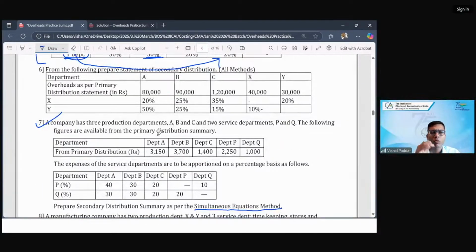Give me the final totals of A, B, C in question 7. Good, Shamli. Jaya beta, you have not downloaded the sheet. Chalo, solve. I'll be back in 2 minutes. I'll take a small refreshment break of 2 minutes.